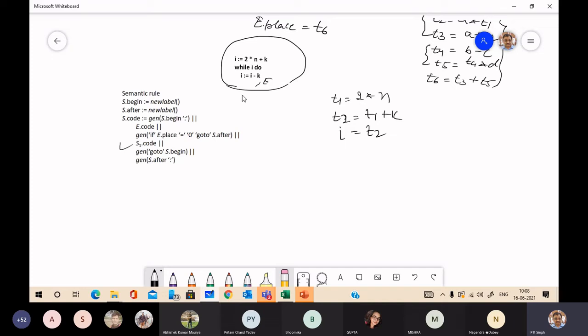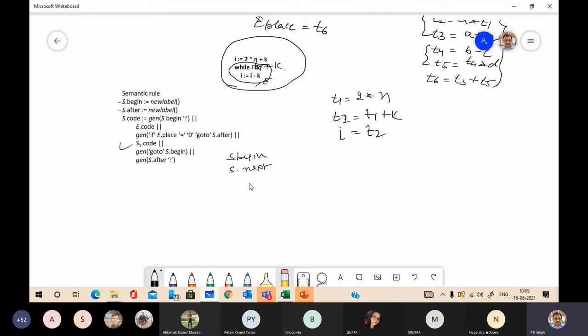Now it will do the translation of this. It will generate two labels, one is S begin, another is S after or S next.